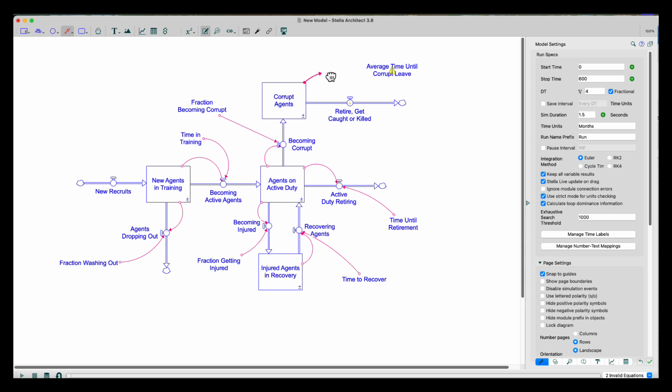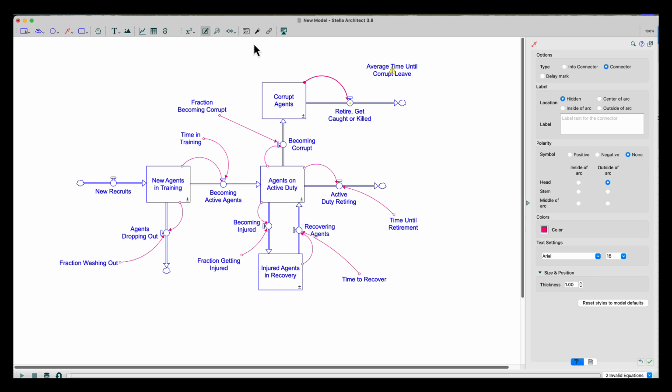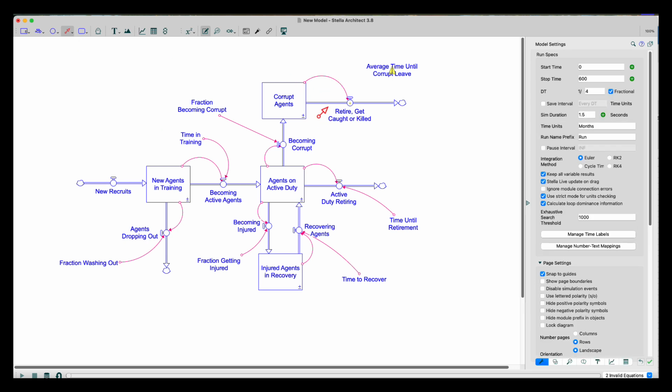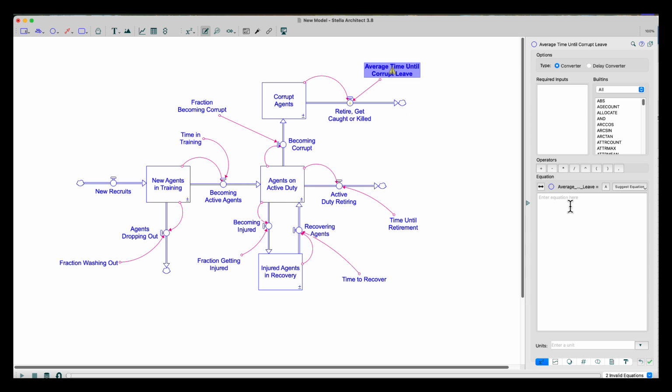And again, there's an outflow. My stock is connected directly to my outflow. I need that information to figure out how many are in here and what fraction of them are leaving, or how long they're staying in here before they leave. And the average time I'm going to connect. And it said it was 15 years. So that should be 180 months if I'm doing my math right. Feel free to correct me if I goof. Months. And now the equation in here should be, because it's time, corrupt agents, the stock, divided